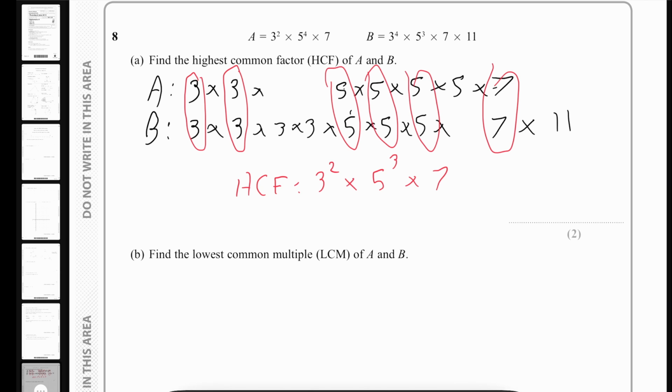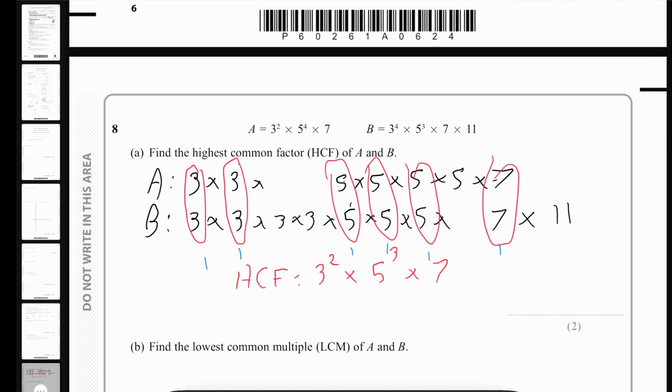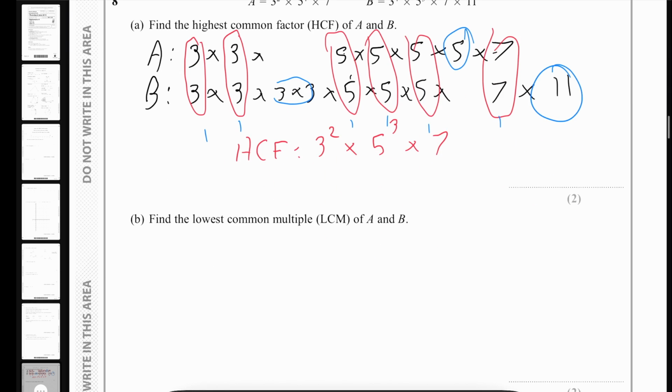And then that is going to be my highest common factor. Now, when doing the lowest common multiple, it's everything that I've just done. So it's all of these, and then, on top of that, multiplied by the remaining numbers. There, there, and there. So to get my lowest common multiple, I'm just going to take my highest common factor, and I'm going to include the additional 2. So we get 3 to the power 4 times 5 with the additional 5, and then times 7 and times